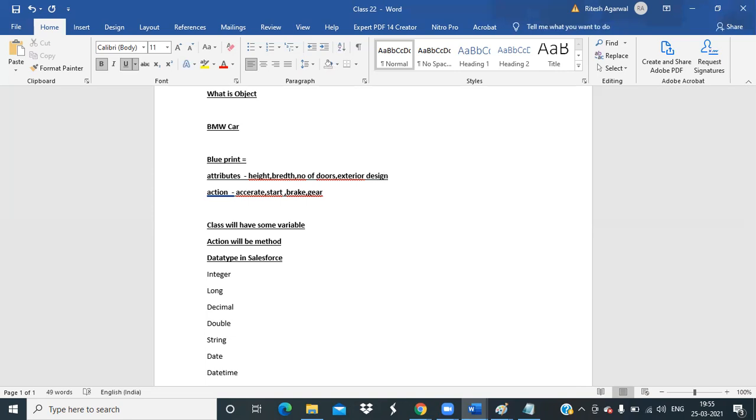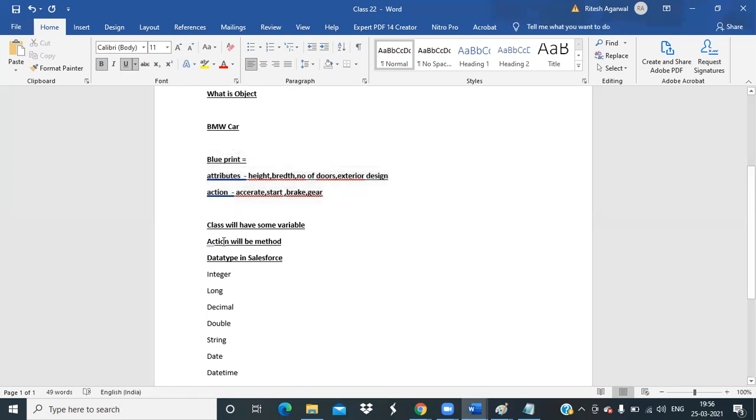So there are a lot of attributes of a blueprint of a car. Based on that blueprint, the car will be designed, and the actions of the car will be part of the blueprint.